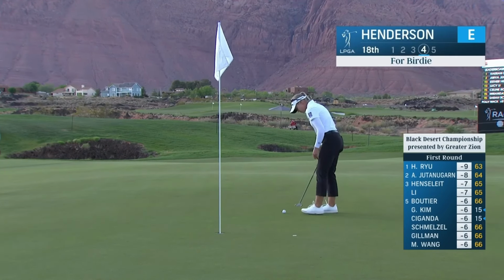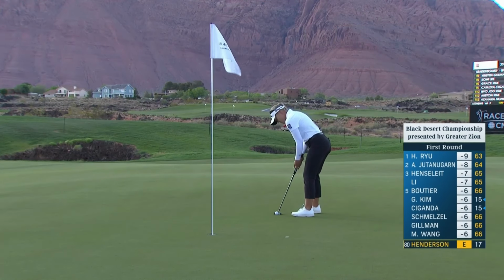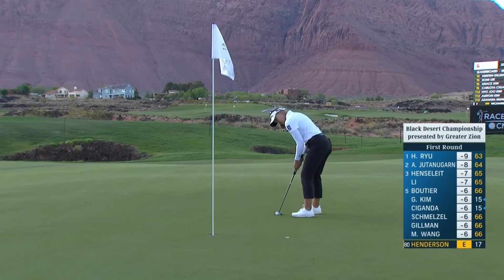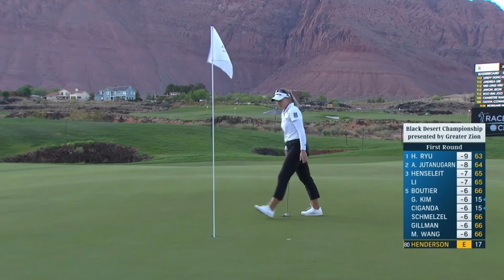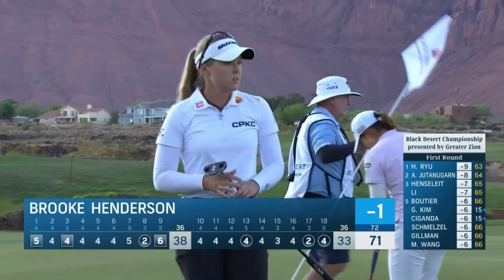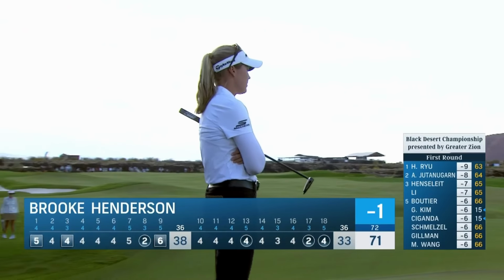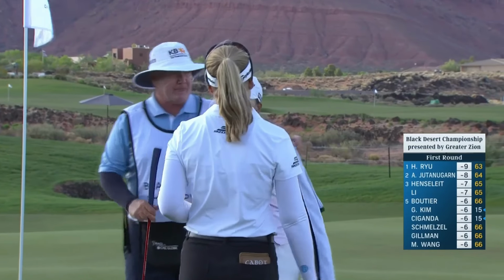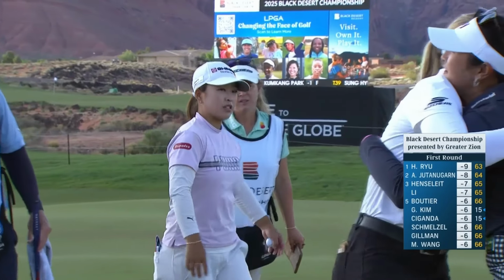Does she have one last birdie in her? Couldn't be putting it from a much better spot. I think after this putt falls, she's going to be getting to the TV. There you go, to see how her Ottawa Senators are faring against the Maple Leafs. Big hockey fan. Sounds like you are too, Kay. Not as big as her. Major champion, Kay, how would you grade it? I'd grade it A-. Pretty good, as she gets used